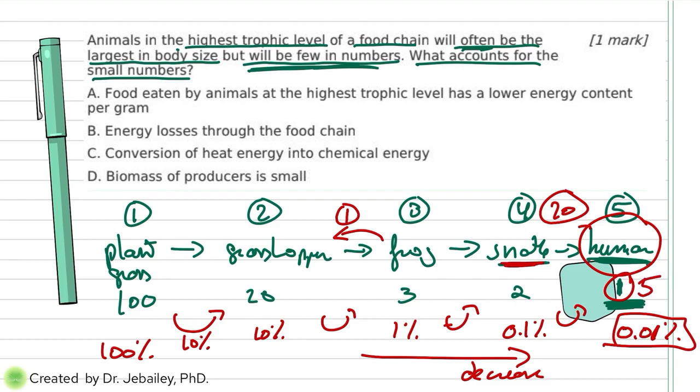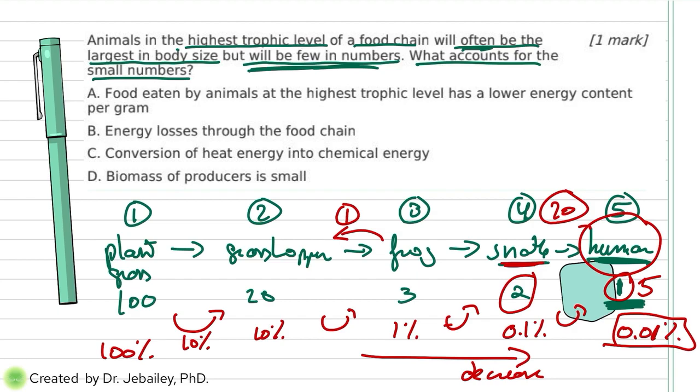Imagine if you have 5 humans here wanting to take just 2 snakes. Those humans are going to fight each other. They're going to slap each other, kill each other to get that snake. Because again, 1 bite of that snake is not enough. He doesn't have enough energy. So that one human will need to eat those 2 snakes for himself. So in that case, this is the reason why the number gets smaller as you go up. Because otherwise there will be competition happening here.